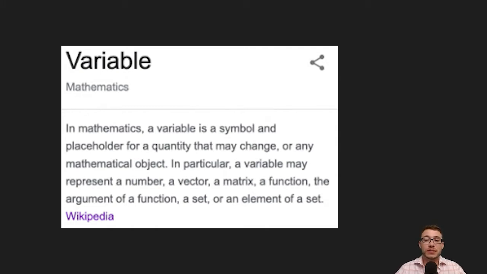And it says, in mathematics, a variable is a symbol and placeholder for a quantity that may change or any mathematical object. Now, in programs, there are variables or placeholders for values all the time. And these values are subject to change. So, for example, you may have a program that needs to take the name of a user. Since the person's name cannot be known ahead of time, a variable must exist to be ready to essentially catch